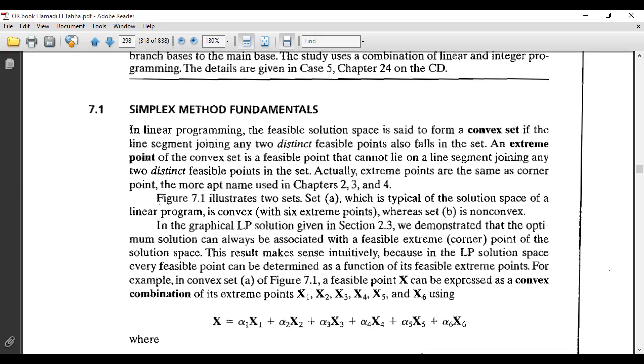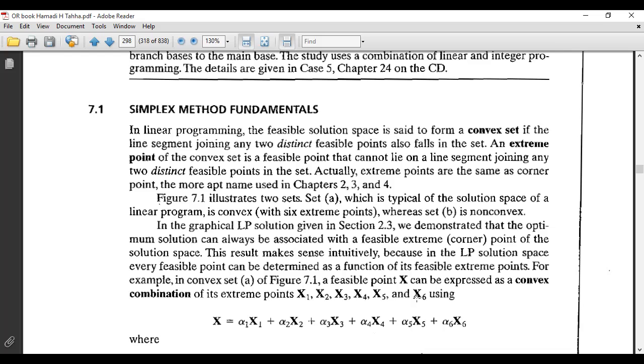So in the simplex method in linear programming, we find the feasible solution, and that feasible solution space is said to be a form of convex set. And then we have extreme points in the feasible solution graphically. So the feasible point x can be expressed as a convex combination of its extreme points x1, x2, x3, x4, x5, x6, and so on. How many points do we have in our